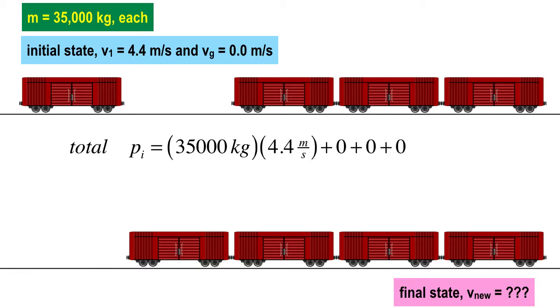For the first boxcar, the mass is 35,000 kilograms, and the speed is 4.4 meters per second, going rightward. The others are 0, 0, and 0 because they are at rest. So this one's pretty cinchy. You just multiply 35,000 times 4.4, and you come up with a pretty big number, 154,000 kilogram meters per second. That's the amount of momentum that you have